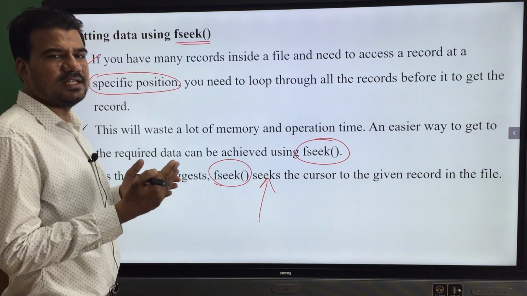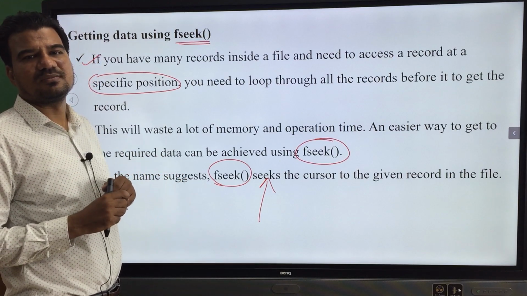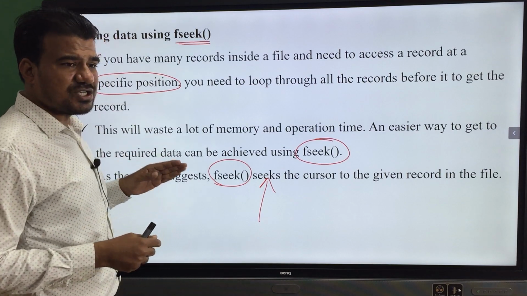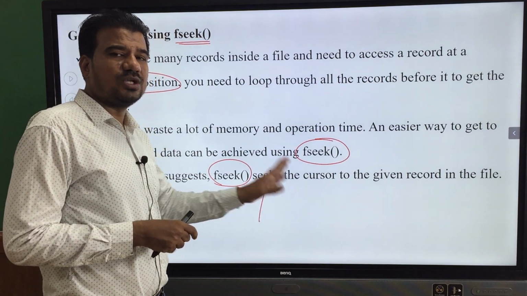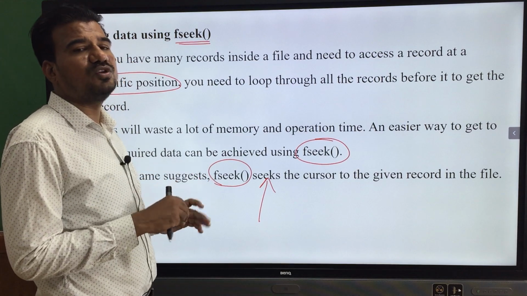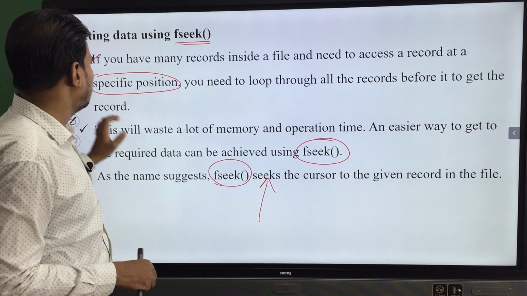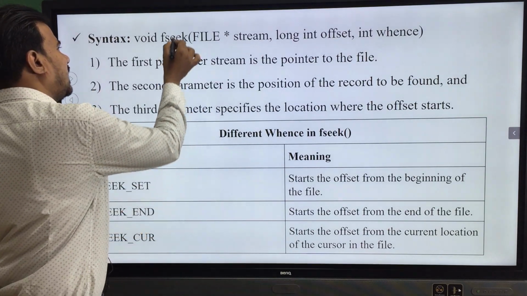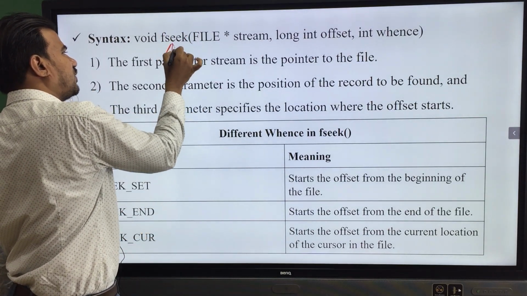Seeking is nothing but taking to that location, dragging to that location. So the fseek function will take your file marker to the desired location so that you can perform your operation at that location.